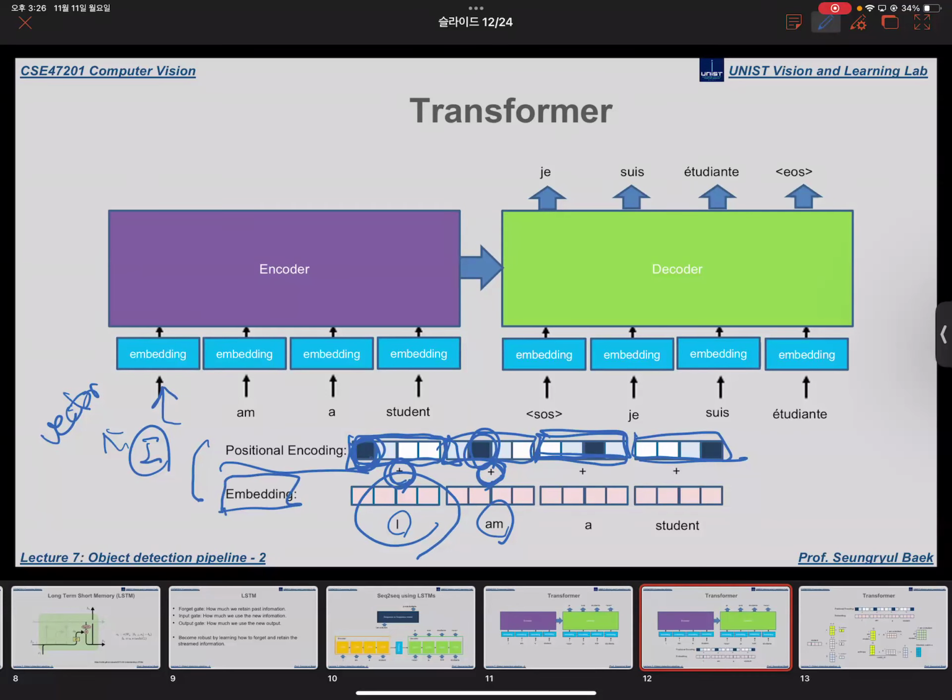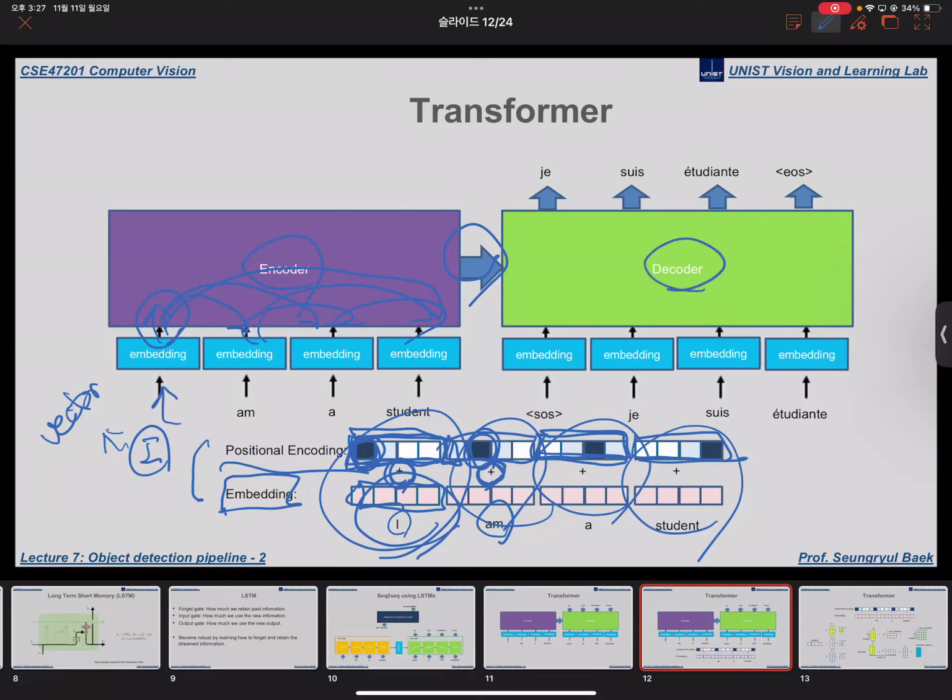So this embedding means some I feature vector, word vector, and we add this word vector with the positional embedding we created, and we input the summed values as the input to the encoder, okay? And the encoder of the transformer calculates the dense relationship between this input and calculates the feature vector for the whole sentence, okay? And next, what they do in the decoder part is actually it is also not calculated in parallel,